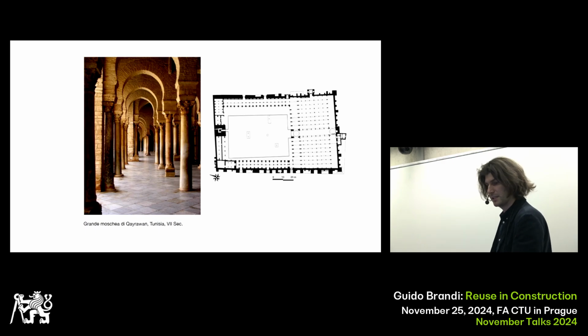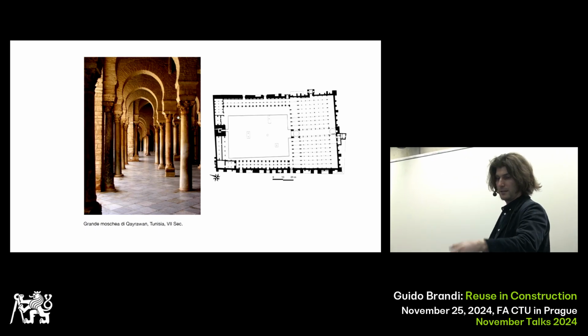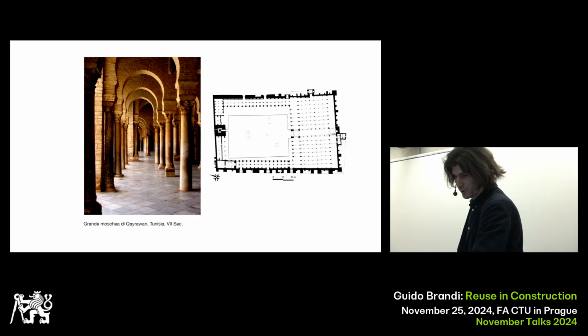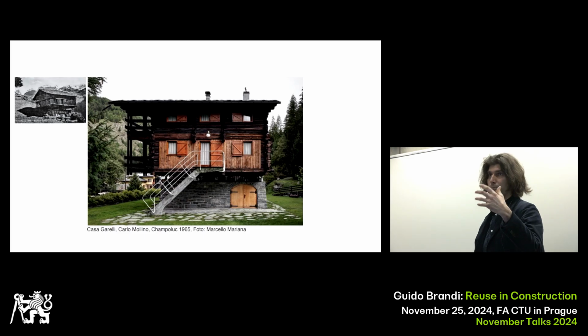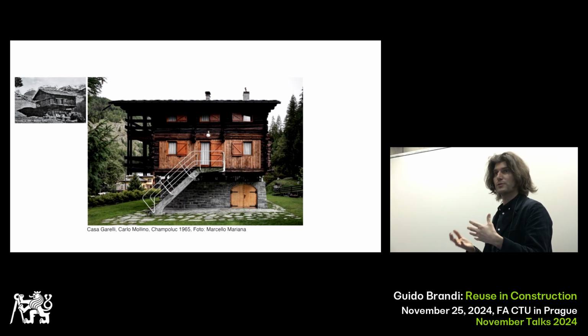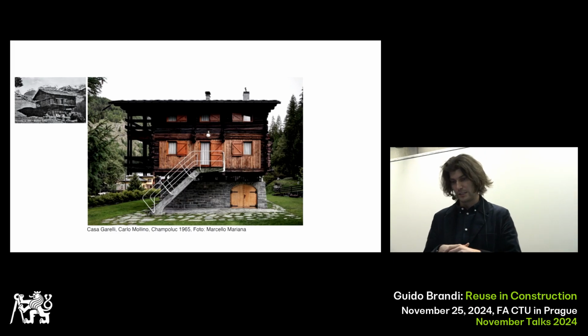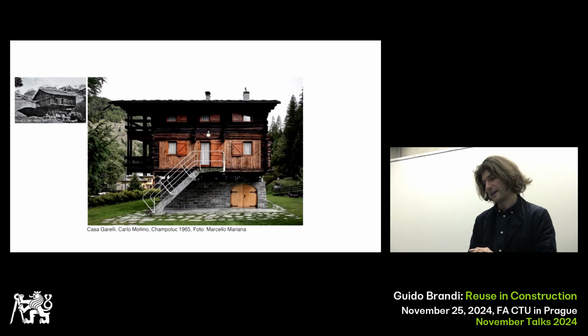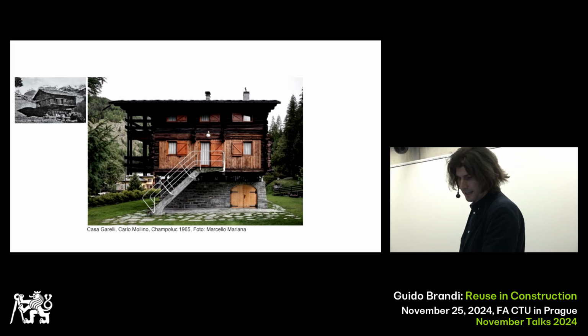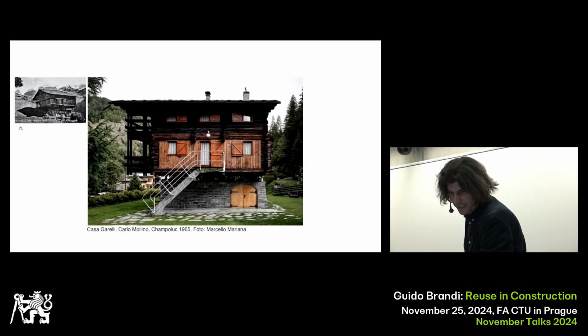In Tunisia, this mosque reused Roman pillars to produce all the arcade around the courtyard. And it's interesting to see that also in the Alpine world, in the mountains, and also with other materials, in this case wood, the process of reuse was also done. This is, let's say, a fair and holiday house planned by the Italian architect Mollino that reused an existing building,